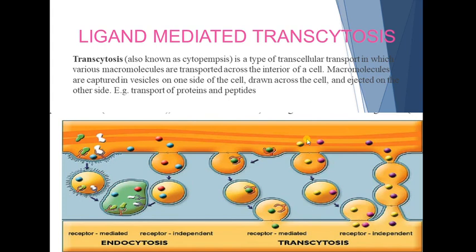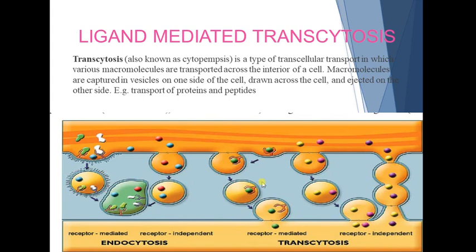In the first diagram, as we can see, this is a process of endocytosis. It can be receptor mediated and also receptor independent. In this, the drug is taken up by the plasma membrane. When it comes near the plasma membrane, the drug is taken up and a vesicle is formed, and the drug is transported to the intracellular space of the cell. And this is receptor mediated, and these projections are the proteins. It can be clathrin or it can be ruffles.